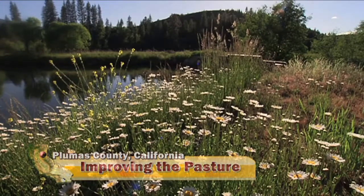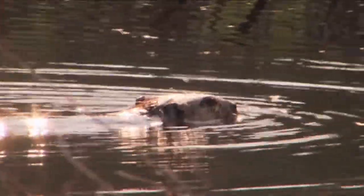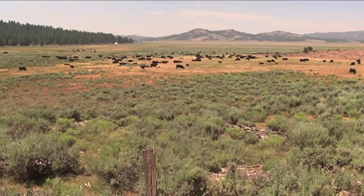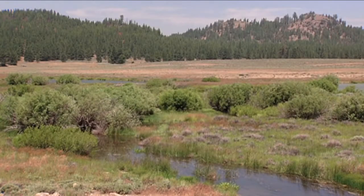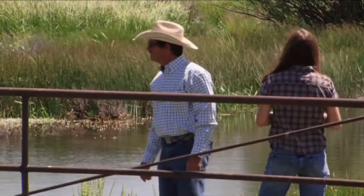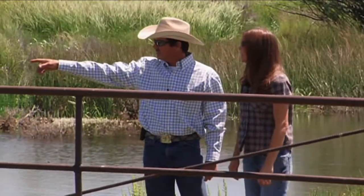In the high mountain meadows above California's Sacramento Valley, a quiet revolution is taking place. When local ranchers Scott and Patty Thompson walk through this part of their property today, they barely recognize it from just a couple of years ago. Remember how that channel that used to be right there was probably...